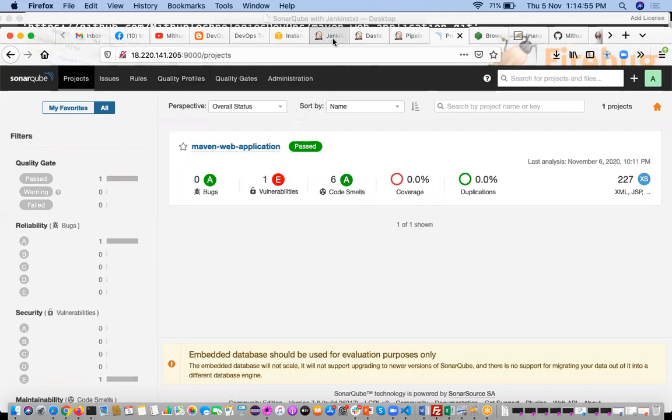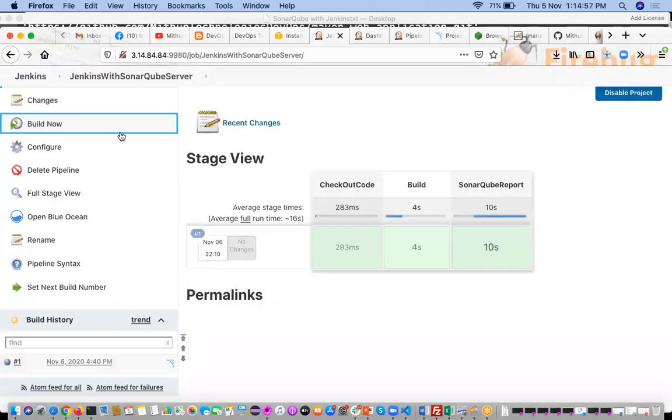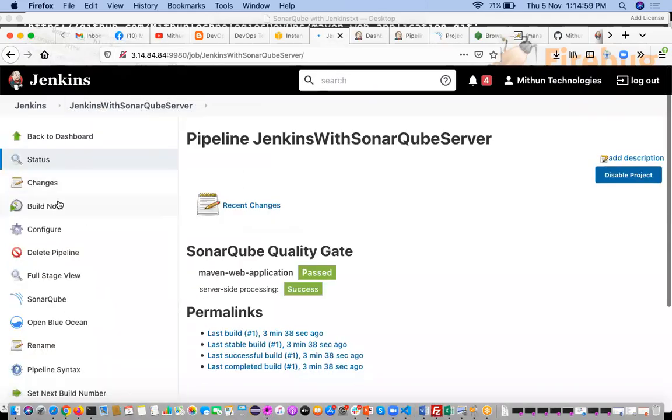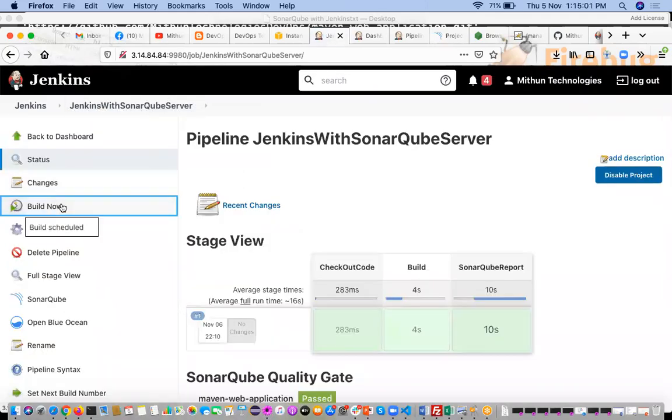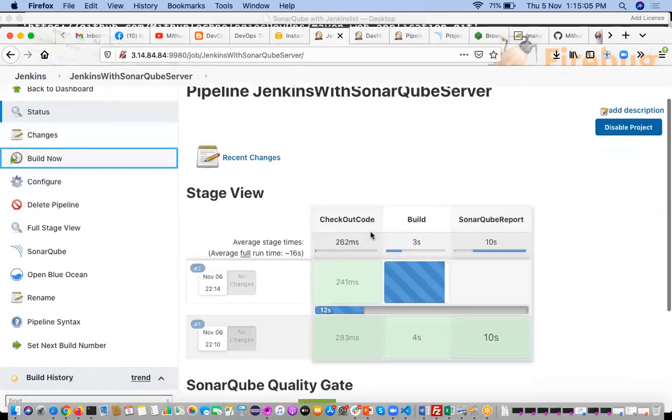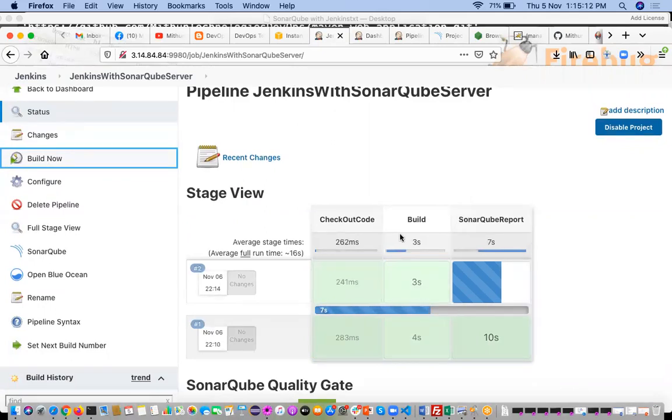Now if you trigger this job, click on build now, it will get the code again, do the build, and execute the SonarQube report. Once these 3 stages are over, go and refresh the SonarQube dashboard.